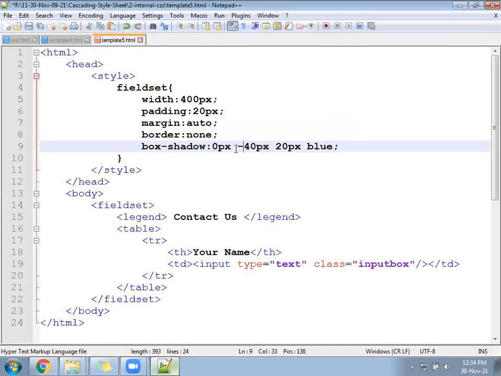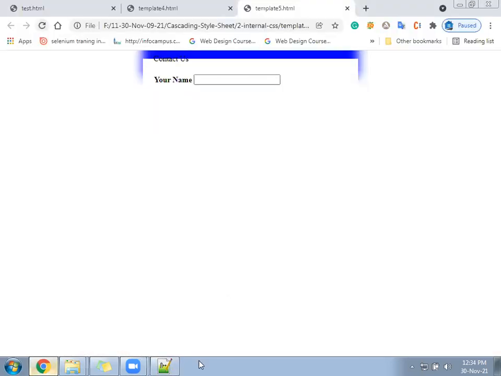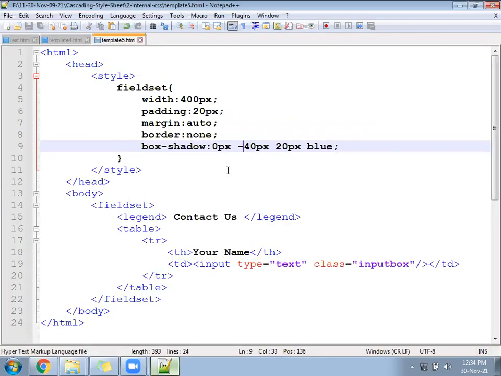Minus you have to put. Plus means top to bottom. Minus means bottom to up. Look there again. Moving to where? Upside. Okay, so the middle number we understood. It applies the shadow from top to bottom or bottom to up: positive number top to bottom, negative number bottom to up.